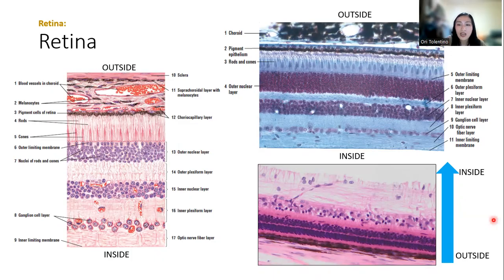So always remember where you can see the dark choroid and your sclera, your dark choroid and the pigment epithelium, this dark layer, that is always the outer side. And we work our way towards the inner. So I recommend that we start identifying the layers of the retina from the outside first and going to the inside to avoid the confusion.